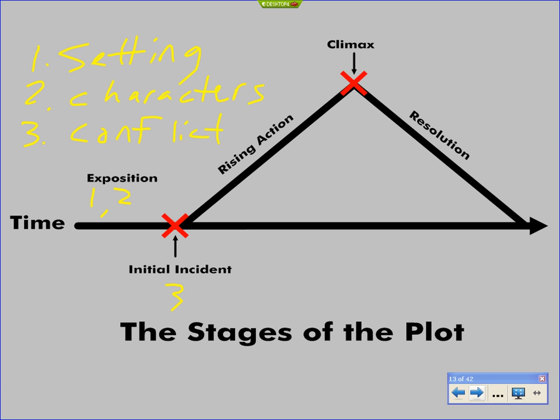Nate, I'll give you a hint. After the climax, what is over? The story hasn't necessarily ended, but something has ended at the climax. You're very close to it, Nate. I'm going to give you just a little bit of help. Sarah. Conflict? The conflict is over. Climax is the ending event of the conflict. Is that the same for everybody reading the story? Yes. Therefore, it's a better definition.